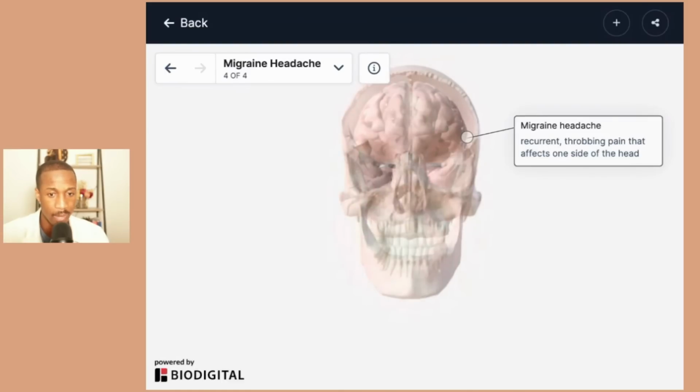Now, as I mentioned, the throbbing, the pulsing can also sometimes lead to nausea, vomiting. The pain is typically moderate to severe, and it's usually on one side of the head, but sometimes it can affect both sides of the head. So that's where it gets a little bit confusing with the tension headache. These are more intense than the tension headaches. And so based on the severity of the pain, you can pretty much parse out what exactly is going on. But as a migraine attack progresses, the pain usually does become more diffuse, and it does kind of spread to other areas of the head or the face before dissipating, or before actually kind of relieving itself.